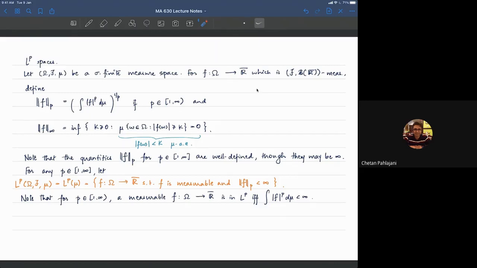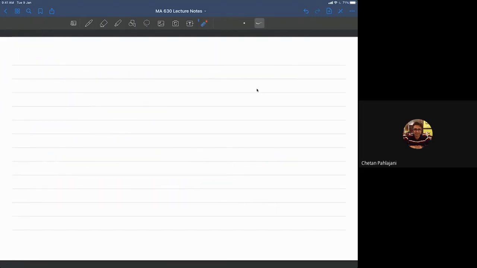All right. So this is what L^p is. Okay. So L^p(Omega, F, mu) is just the collection of all f taking omega to R-bar such that f is measurable, and this symbol is finite. I'm being a little reluctant to call this a norm because we haven't yet shown it's a norm. And to do that, we have to do a little bit of clever footwork, but we'll come to that. Okay. So the first thing I claim is that this L^p is a vector space.